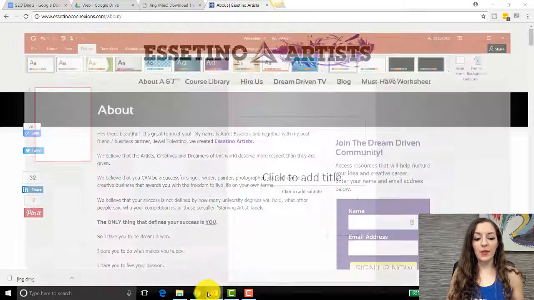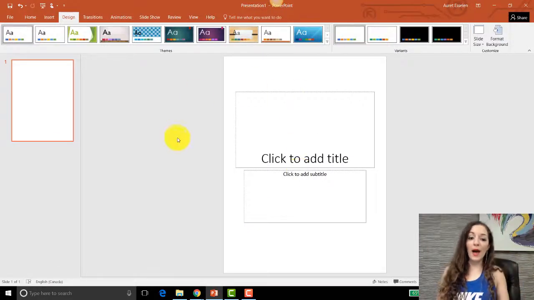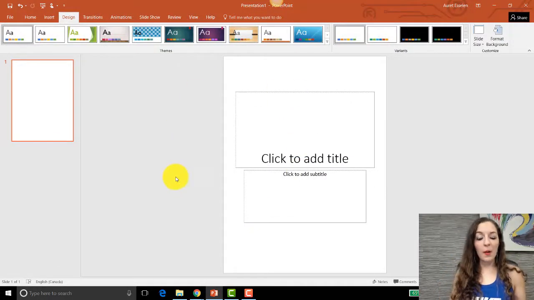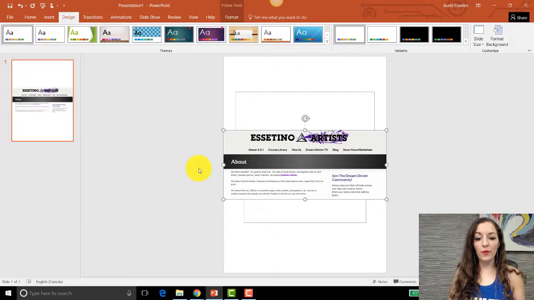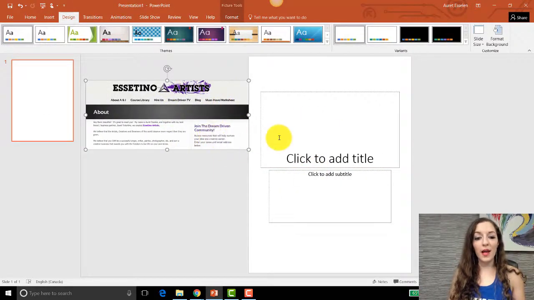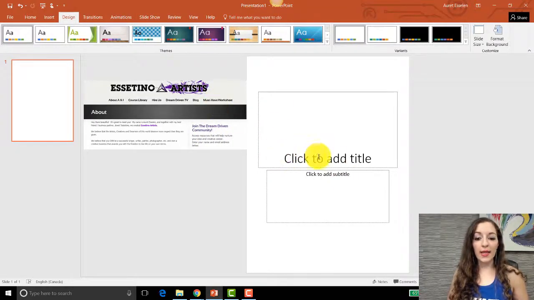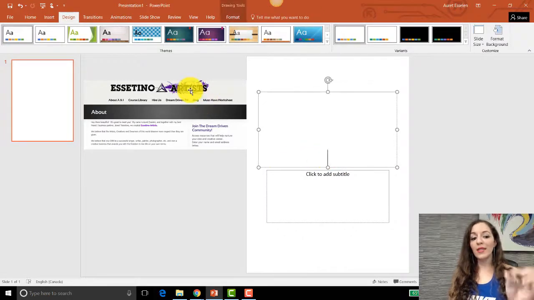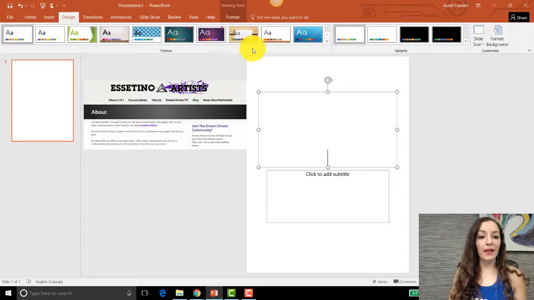And I typically design everything here in PowerPoint. So you saw that I copied it. Well, I can just hit Control V, and now I have this little image here that includes all of my client's colors. So when I go to design, let's say I want the title now to be in that same purple. I want to capture that exact purple, and that's what's useful about Jing for me, is that I can capture that exact color